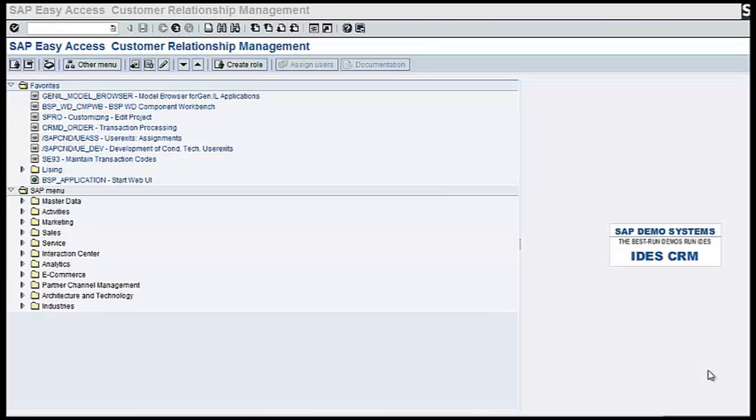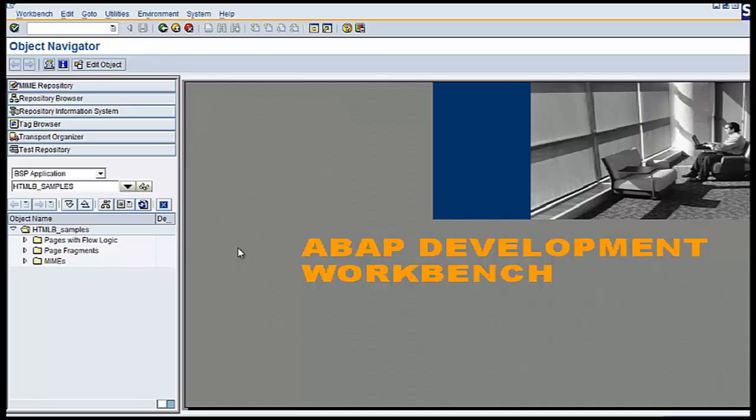So now we will have a look at the system and look at a BSP component and a WebDyn Pro component. To open a BSP component or a WebDyn Pro component, you need to go to the T-code SE80, which is also known as Object Browser. When you are in SE80, you have an option of BSP Application over here, and likewise you also have an option of WebDyn Pro component. So first we will look at BSP Application. Here you are able to see a name given,